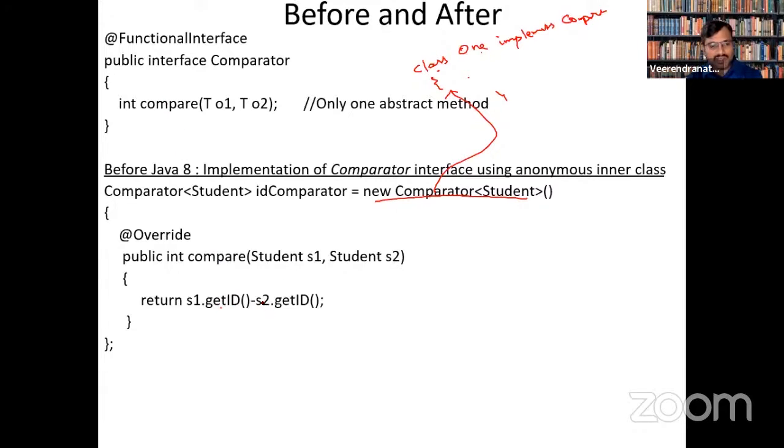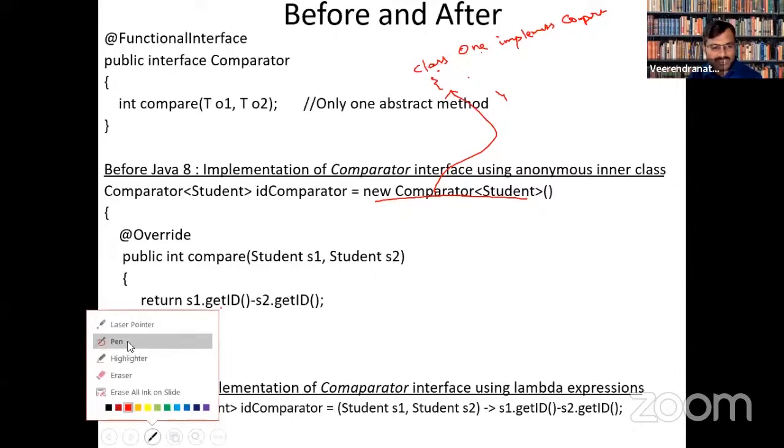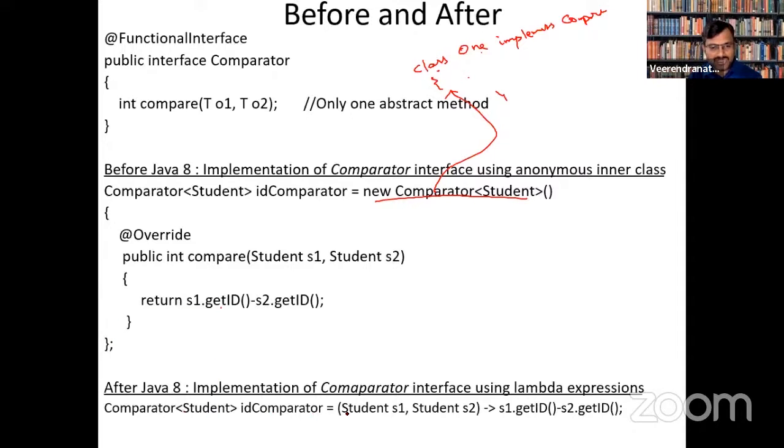Then after Java 8 Lambda expressions, if you see what we are doing here, you see a great reduction in the code. What we need to use are the method parameters, the arrow symbol, and the expression.